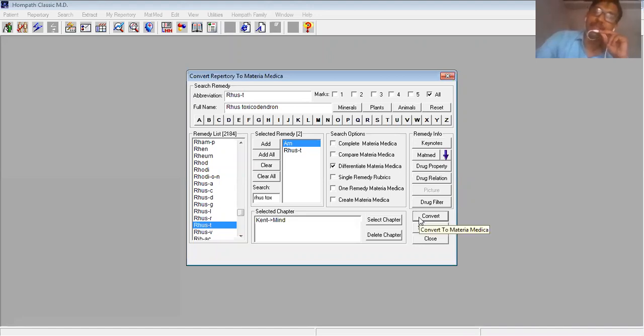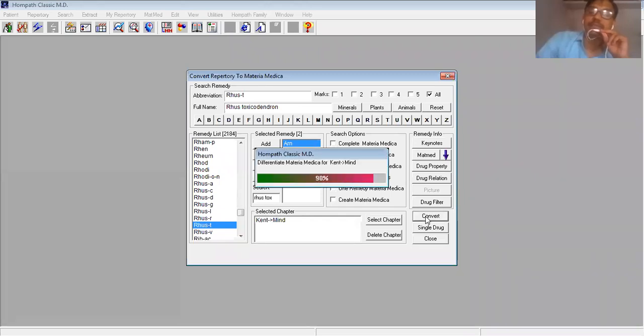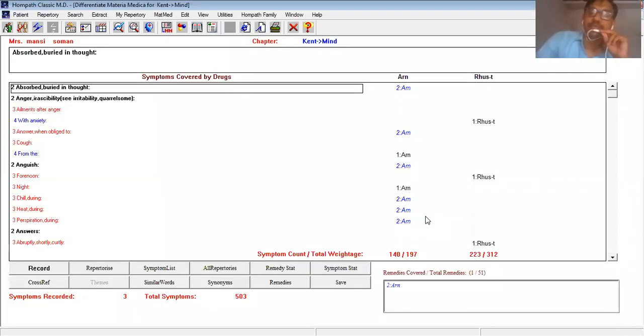It will give us the symptoms which are present only in Arnica but not present in Rhus tox, or the symptoms present in Rhus tox not present in Arnica. Now I am clicking on this button of convert. Within a few seconds it has given me that there are 140 symptoms of Arnica which are absent in Rhus tox.